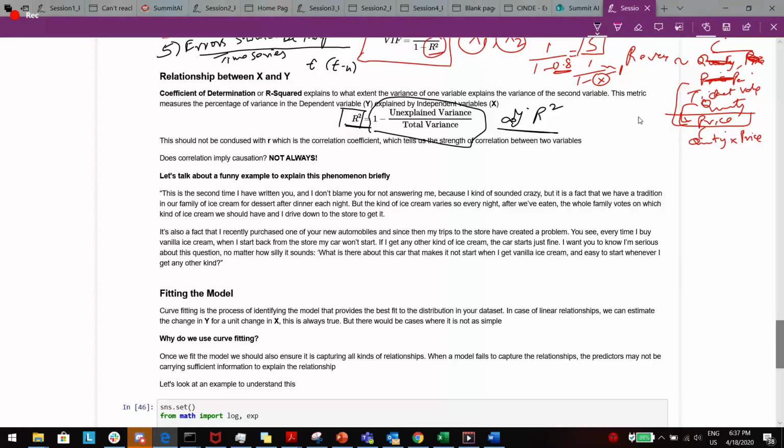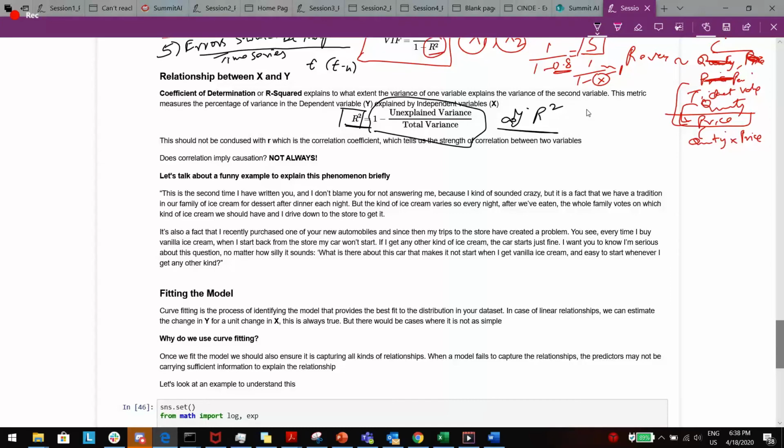So, adjusted R square penalizes you when you add extra or redundant variables to your model. If you keep adding more and more independent variables, you will be able to explain the dependent variable better, but there is a problem. There is a penalization for that. If you add more variables than what is required, that is where adjusted R square comes in. It penalizes every redundant or unwanted independent variable you add to the model. So that's the difference.